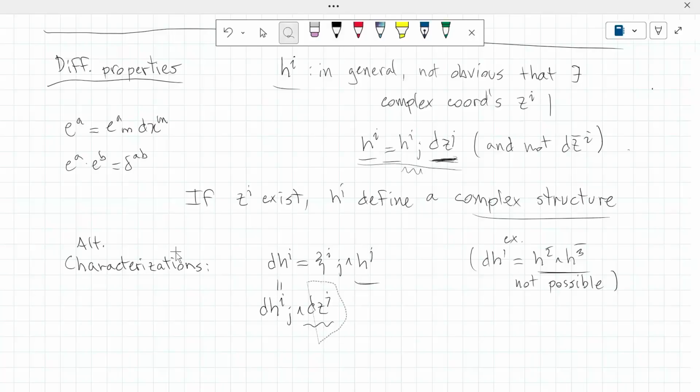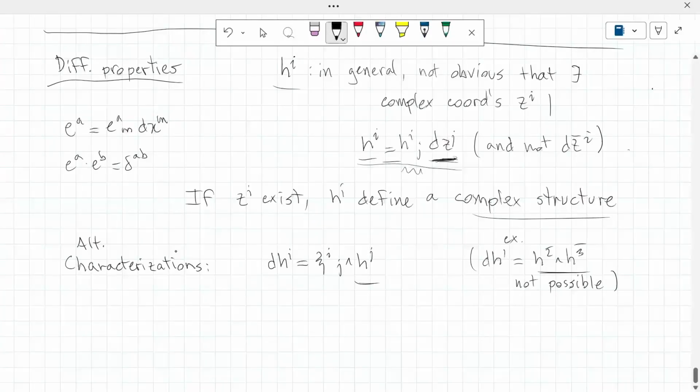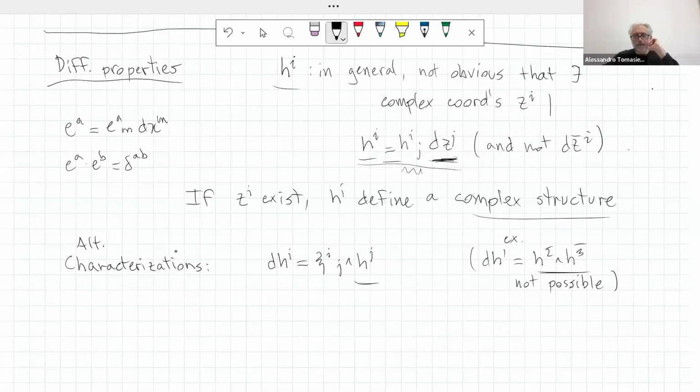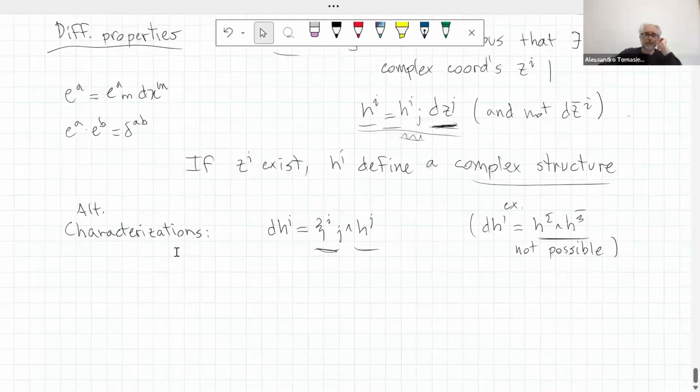Thank you. But in the exterior derivative, I could still have a dz bar i bar, for example. Yes, okay, in the exterior derivative of this guy, yes. No problem. So for example, you could have H1, H2 bar, and this is okay for this condition. So this guy can contain anything it likes. Okay, thanks. But this is not that useful, I have to say, but what is useful is that